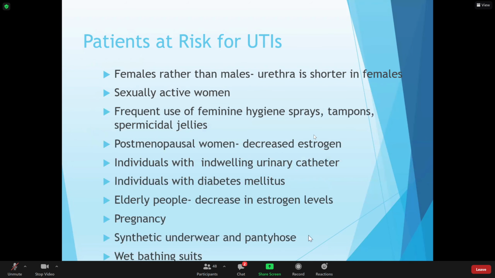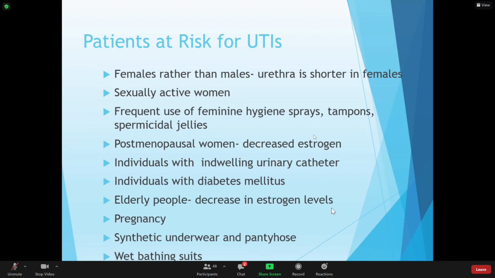Here's our people that are at risk for UTIs. We just talked about all these. One other thing to remember that you might see in a question, select all that apply. Wearing synthetic underwear or polyester underwear or pantyhose puts you at higher risk. So we're going to encourage the patient to wear cotton. And then obviously keeping the area wet and moist is certainly not going to help